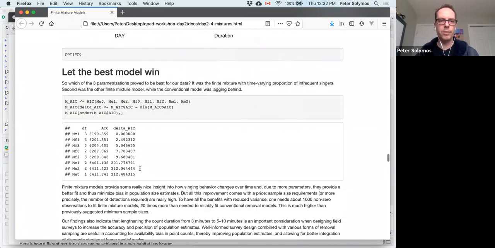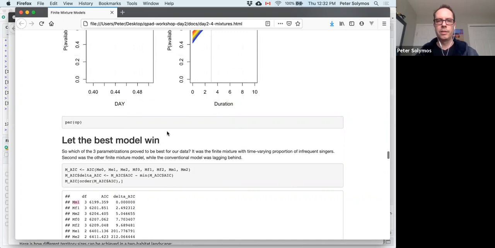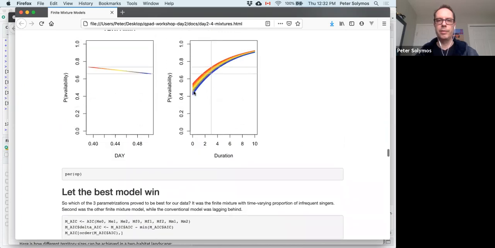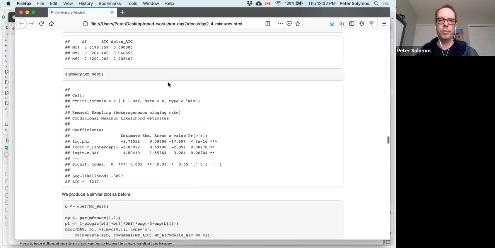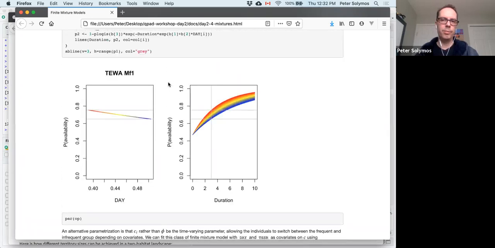And if you compare all these conventional removal models and all kinds of mixture models, then we can see MM1, which is the mixture model like this, where the intercept was changing over time, was the best. But if you look at this probability of availability, and if I scroll back and you recall the third graph that I showed you a few minutes before, there's not a lot of change. So really,